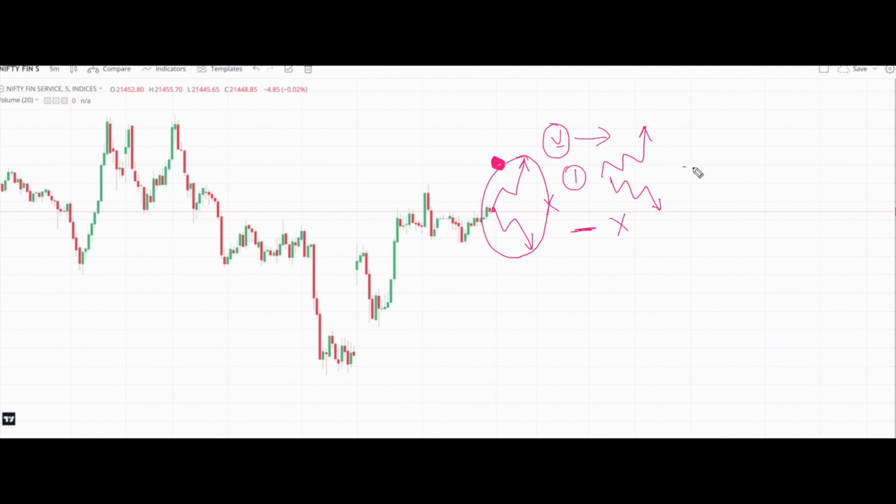To learn this concept, you can start following price action, or you can follow stop loss hunting, or any other concept. It doesn't matter. Your strategy has to give you understanding about the direction of the market. Once you understand this, the next thing is you will choose a strike price.